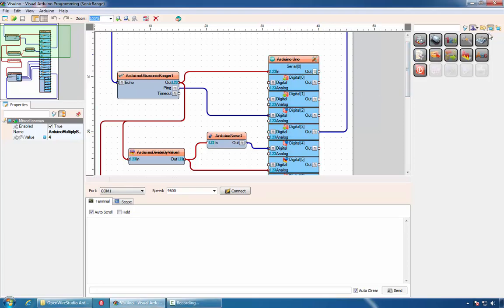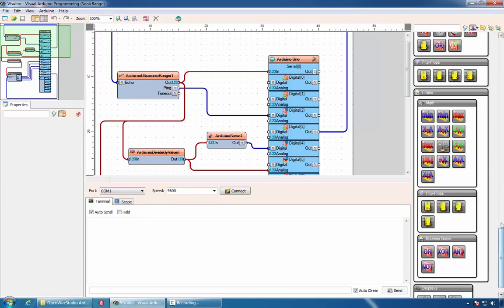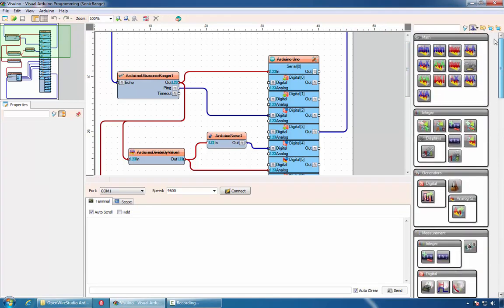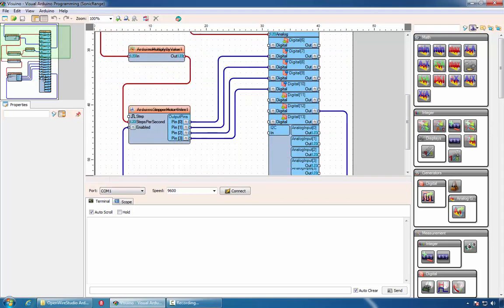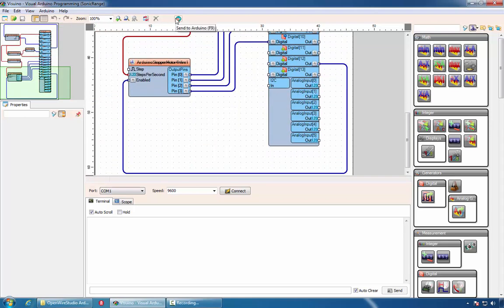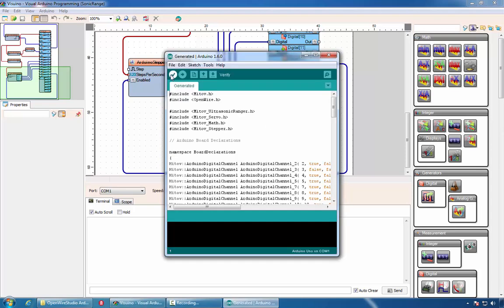Once you have created the design with the available components, you can generate, compile and upload a sketch to Arduino. We're working to integrate this product with the rest of our products and with Delphi as well.